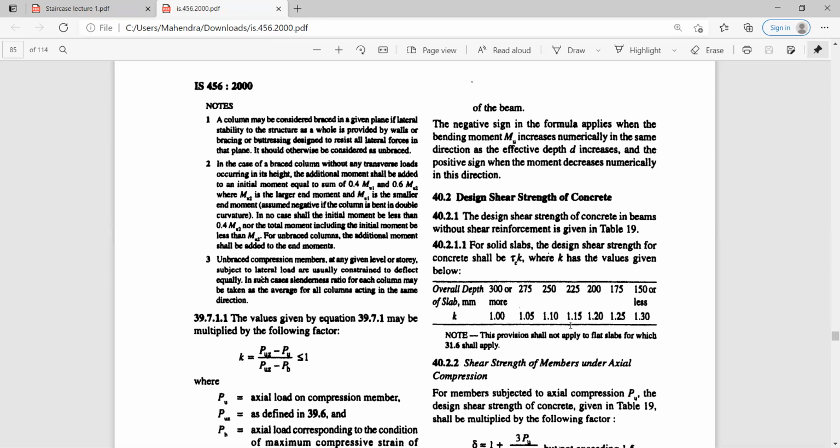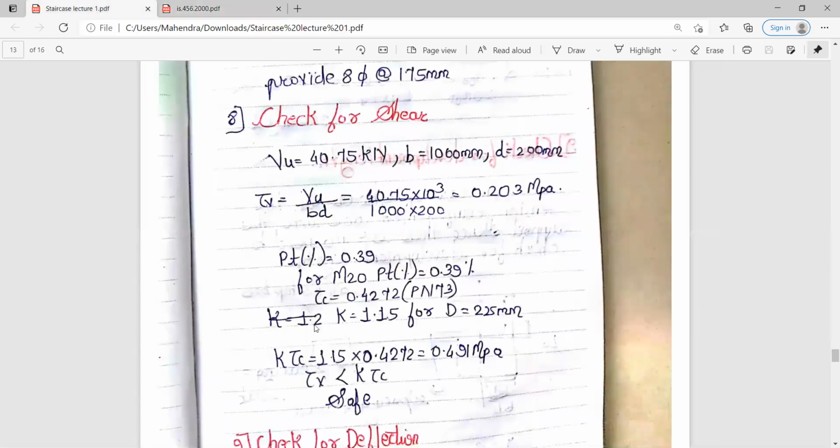So K is 1.15 for D 225. So K into tau C की वैल्यू आपको मिलती है 0.491 मेगा पास्कल.